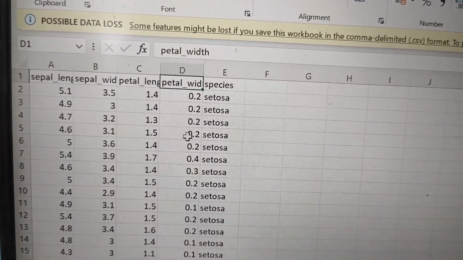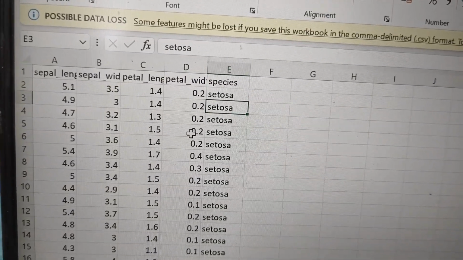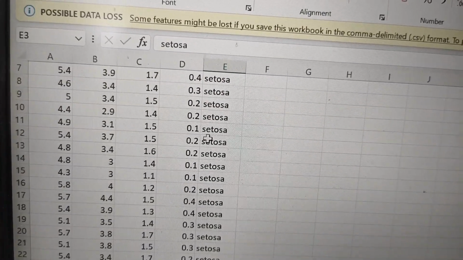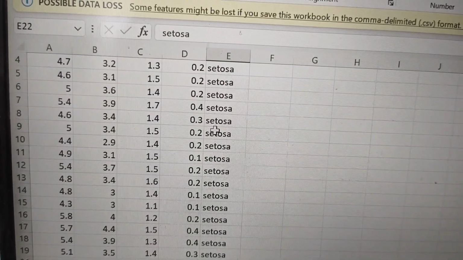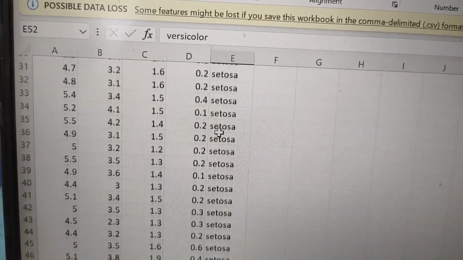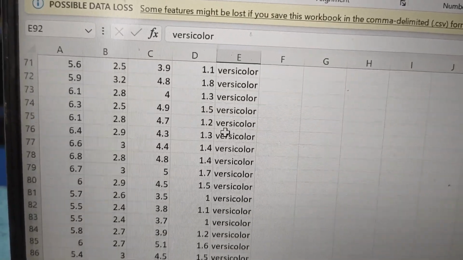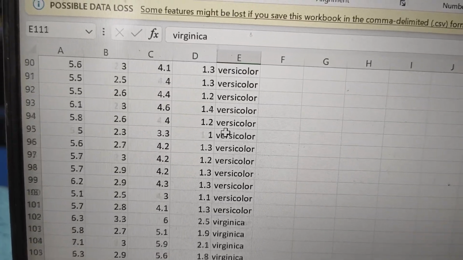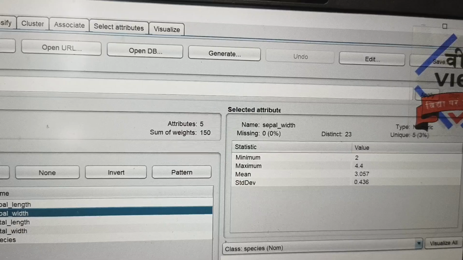Based on these 4 parameters, the names of the species are given in the dataset. The first species is Setosa, next is versicolor, and the last one is virginica.